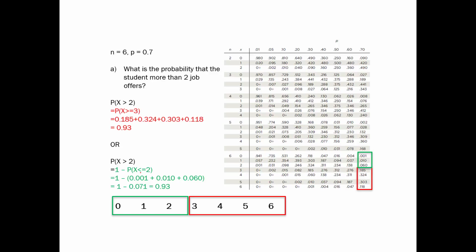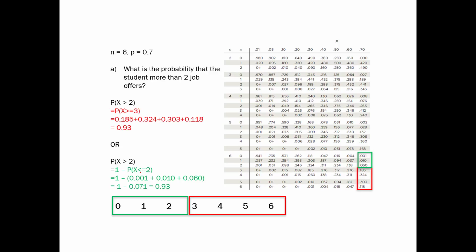And so we could actually use the law of complements that tells us that the probability of not A is just 1 minus the probability of A. Or in other words, the probability of A is 1 minus the probability of A complement. And so that's what we've done in the second formulation here. Probability that x is greater than 2 is just 1 minus the probability that it's less than or equal to